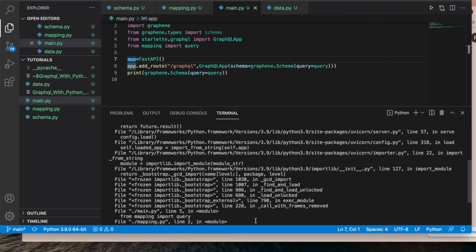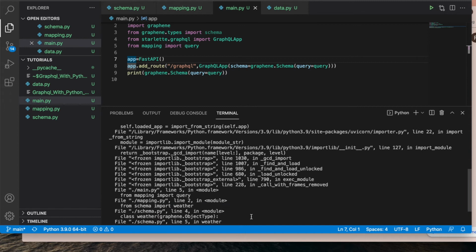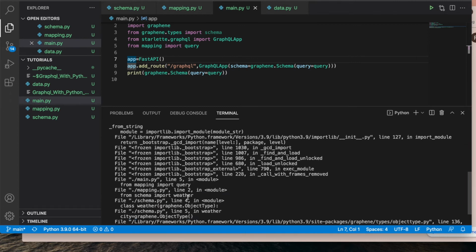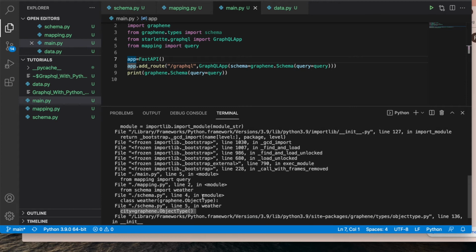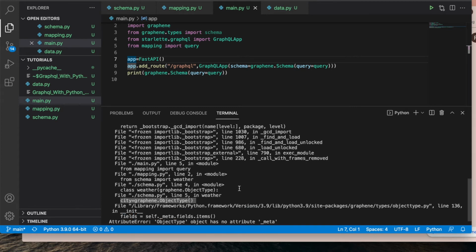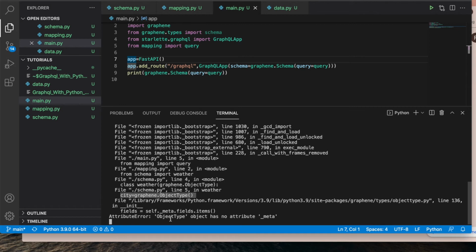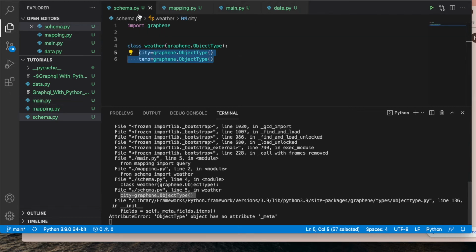Mapping.py, from schema import Weather, City, graphene.ObjectType. Line number 5 means, see, ObjectType has no attribute meta. What does it mean? I don't know. Let me check actually. The schema, graphene ObjectType.